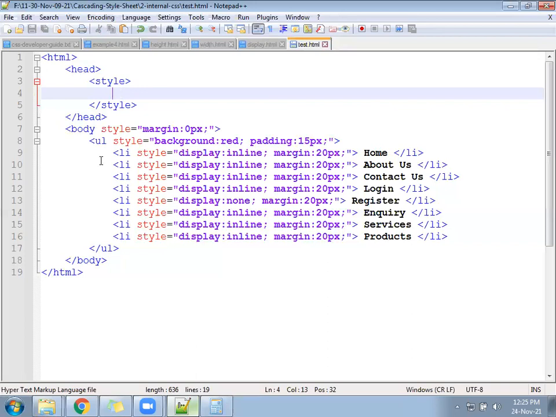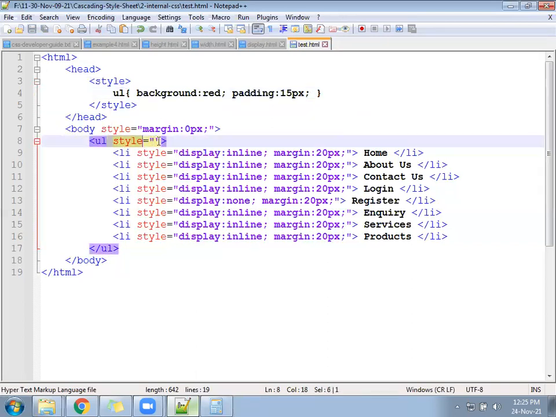Okay, after that, what we did: we opened the style and closed the style. Under this style, suppose we have a UL tag. For the UL tag, copy, cut and paste this. I'll guide you on the syntax of how to write. This example is just for the comparison. So for UL, there's no need to write any kind of CSS.